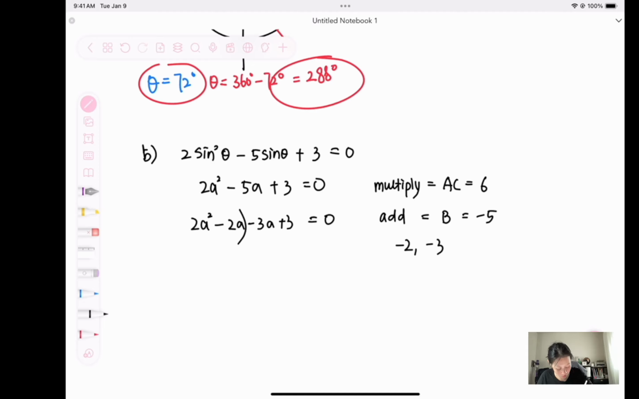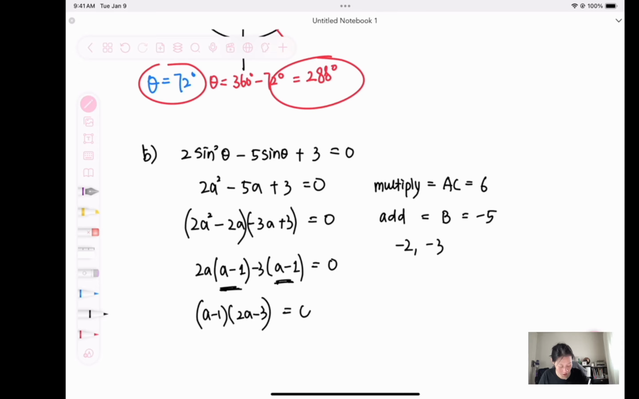Now we group it. First group, second group. The first group, I factor out the common factor 2a. I have a minus 1. Second group, I can factor the -3 out, so I have a minus 1 equals 0. Then here, the common factor is a minus 1, so the rest would be 2a minus 3 equals 0. Now, I solve: a is equal to 1 or a equals